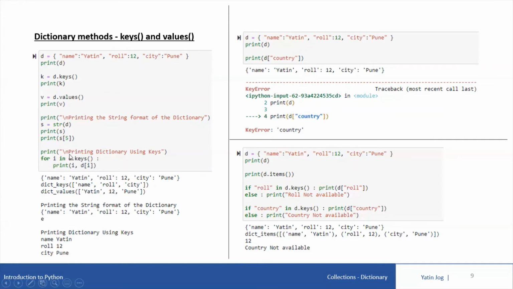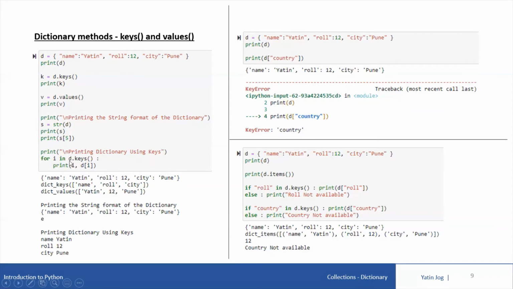Now what is D dot keys? D dot keys is a method which returns all the keys which are present in D, which we have discussed already. In this case, D dot keys is a list of three elements: name, role, and city. These are my three keys.